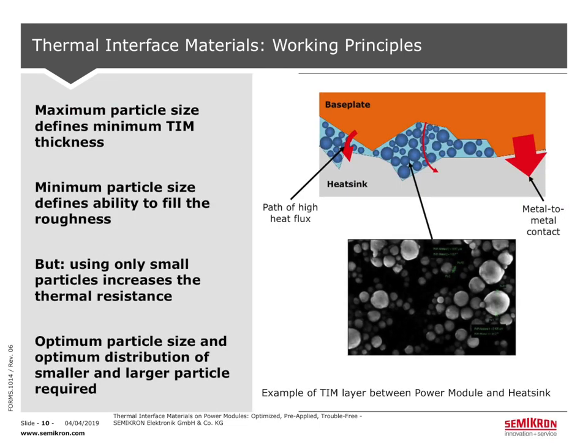Okay, then some more explanation about the particles and the particle sizes. When we have a look again at the assembly with the mounted base plate on the heatsink, you can see where the module directly touches the heatsink, you will have the best heat flow. Then, when I put in the compound only very large particles, this has two disadvantages. The first one is you would increase the gap between the base plate and the heatsink and make a metal-to-metal contact completely impossible. The second point is large particles are not able to contact the surface